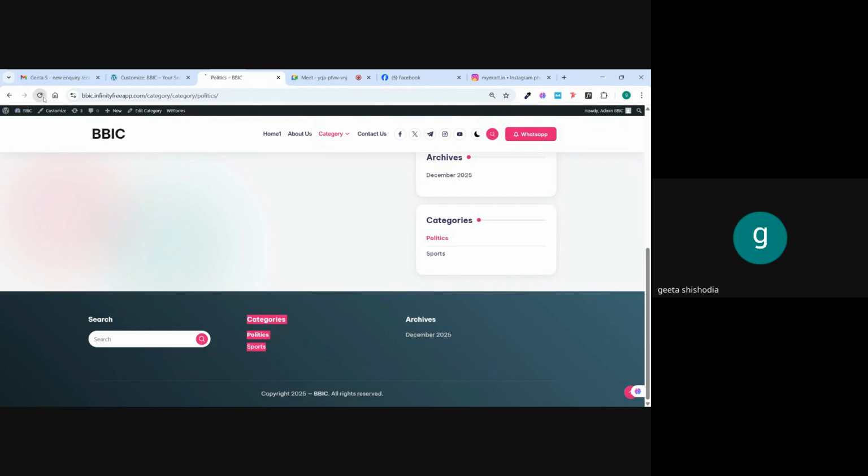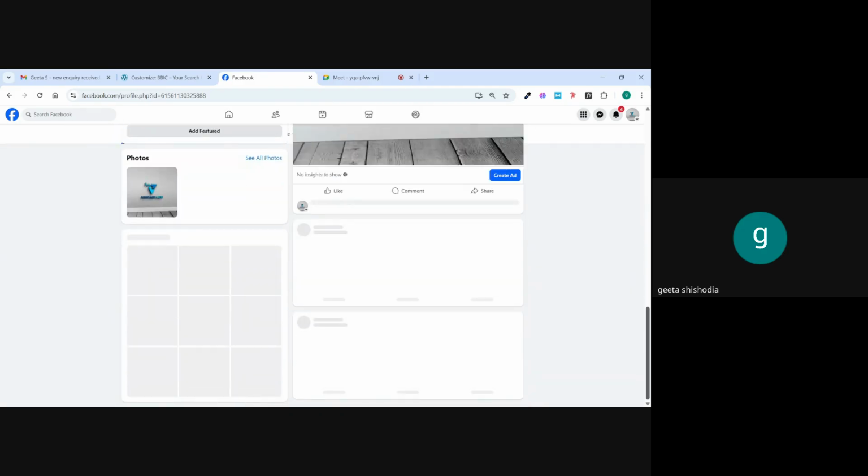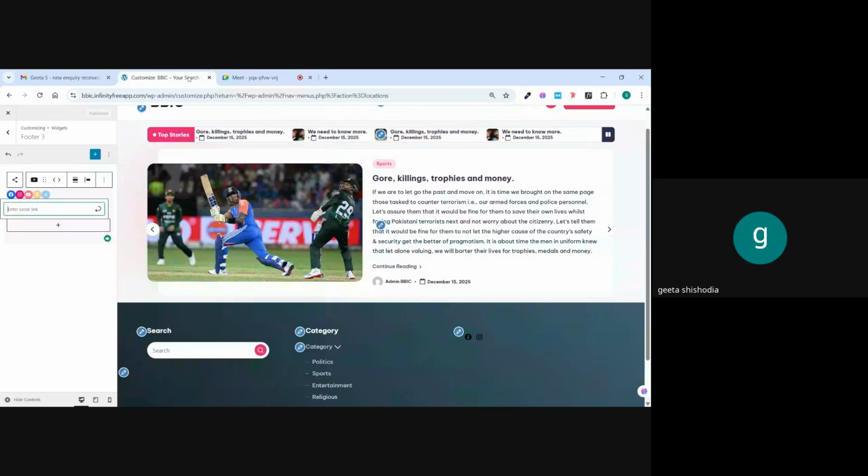Just refresh your page, and you can see that now category is appearing. All the categories are there. And then you can see the Facebook button, then Instagram button you can see. So let me switch off my Facebook and Instagram both, and let me click on Facebook to test whether it has inserted or not. Yes. So now this link has been inserted. Again, let's go back and